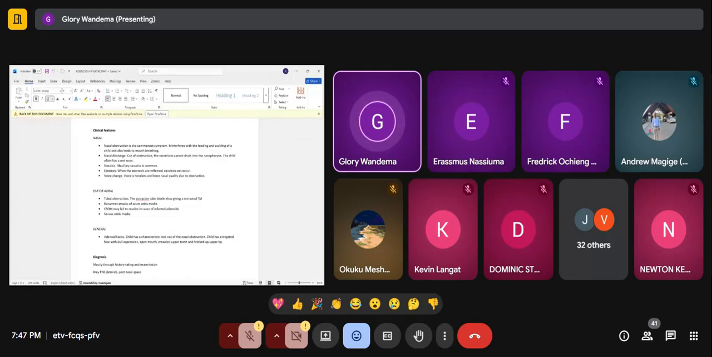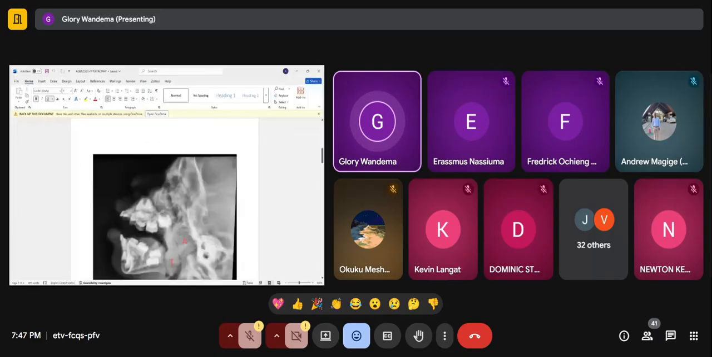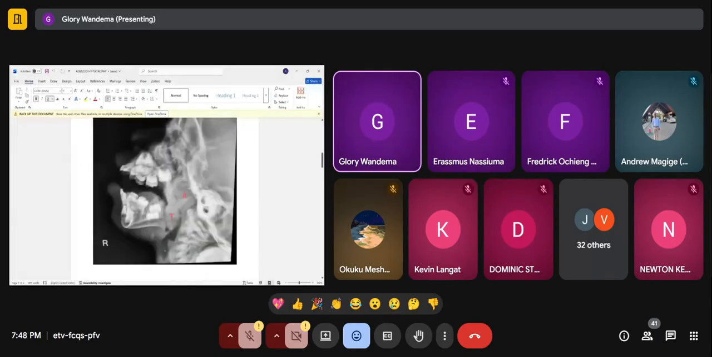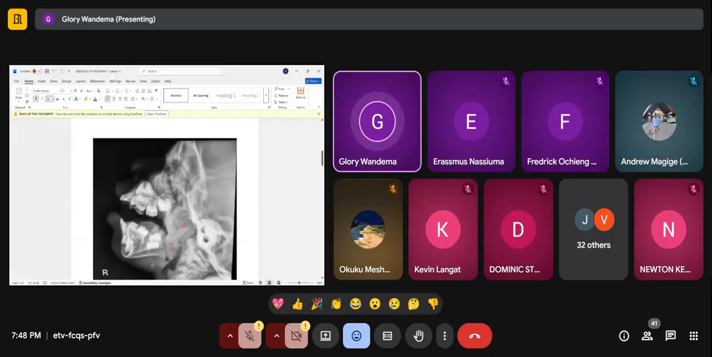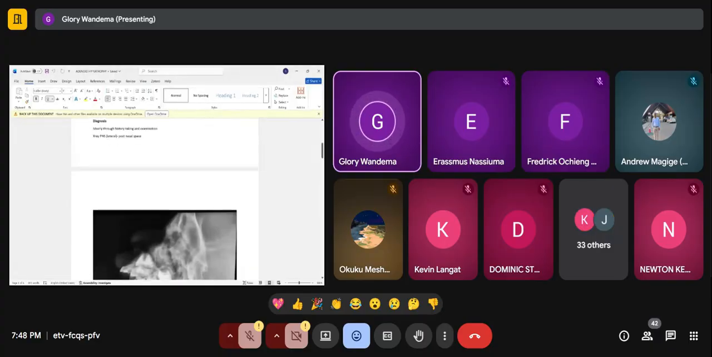We've said the most common symptom here is the nasal obstruction, the snoring, mouth breathing. At times they also have the nasal discharge because of the obstruction. Then they can get conductive hearing loss because of blockage of the eustachian tube. When we are doing investigations, we will request for X-ray of the postnasal space,